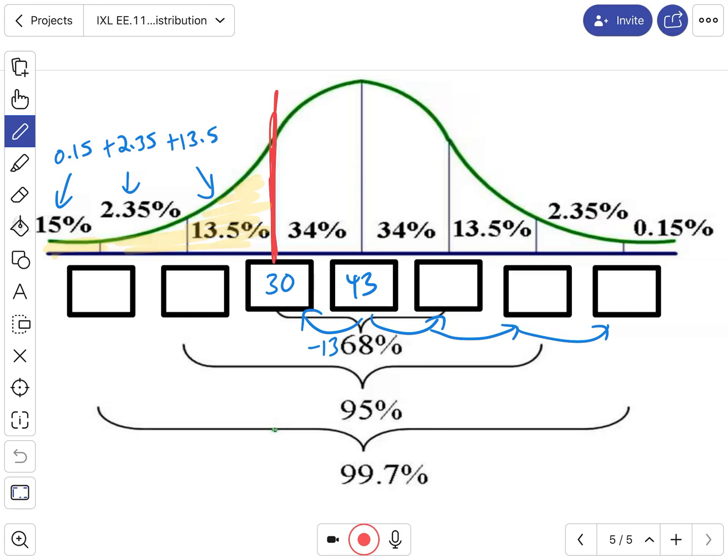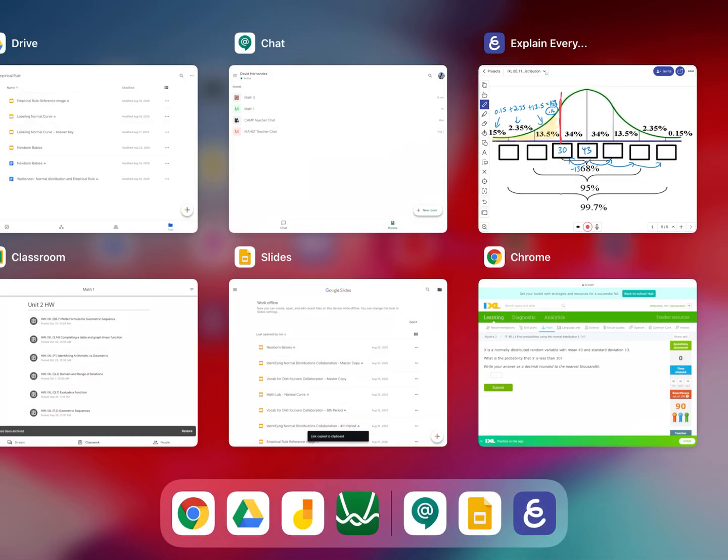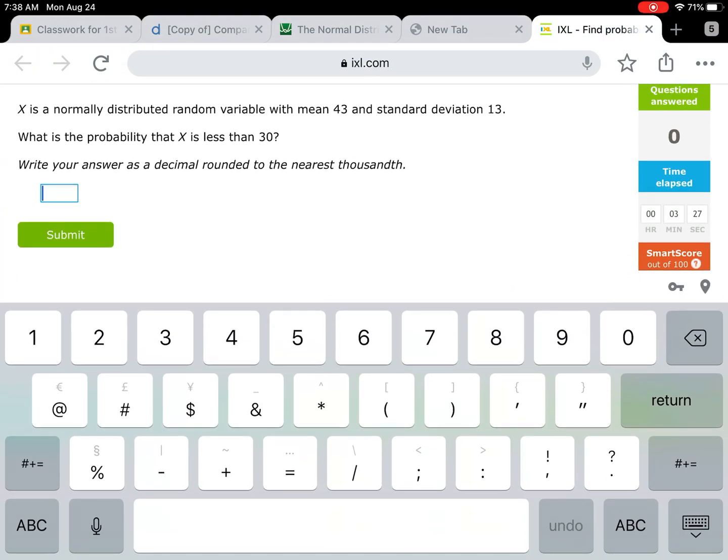After we add it, because these are percentages, we're going to have to convert it to a decimal. So this is actually going to get us 16%, but as a decimal, it's going to be 0.16. So that is the number that we want to put on this here. So 0.16,